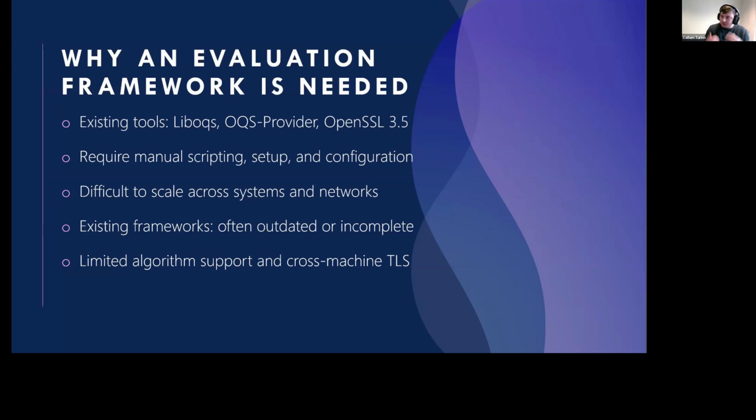It also makes it difficult to scale within experimentation. If you're having to constantly set up bit by bit, making everything niche and specific to what you're trying to do. Various frameworks have been proposed to try and help address some of these challenges, but they themselves also come with their own limitations, most often either outdated implementations of the OQS libraries or limited functionality in what type of networking performance testing they can run. So to effectively do this, we need to address not only the limitations of using these tools, but also the frameworks themselves.